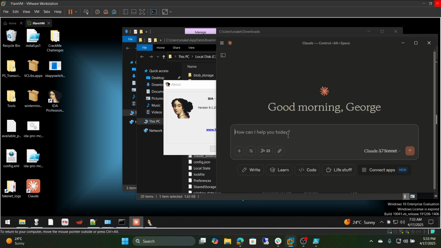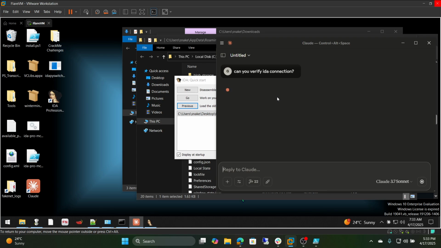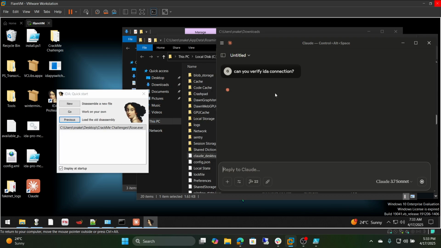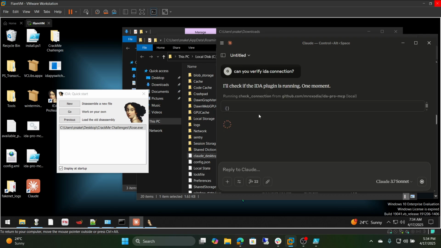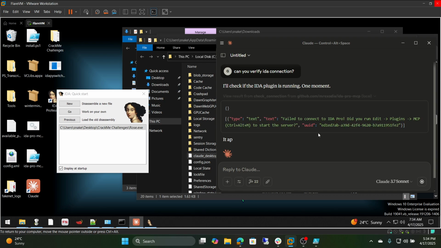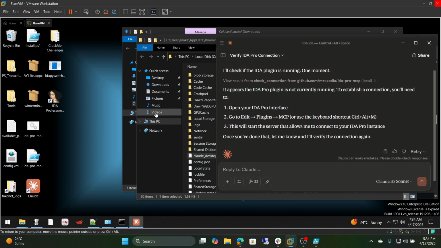Can you verify? Let's see, can you verify IDA connection? Just so that you guys can see what happens, as an initial troubleshoot it's not gonna work. It says one moment. Let's see if it runs. The PC is not correctly running, and then if we open up IDA,